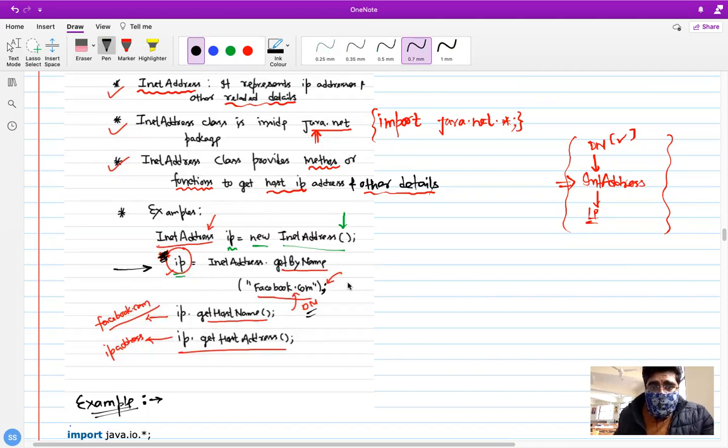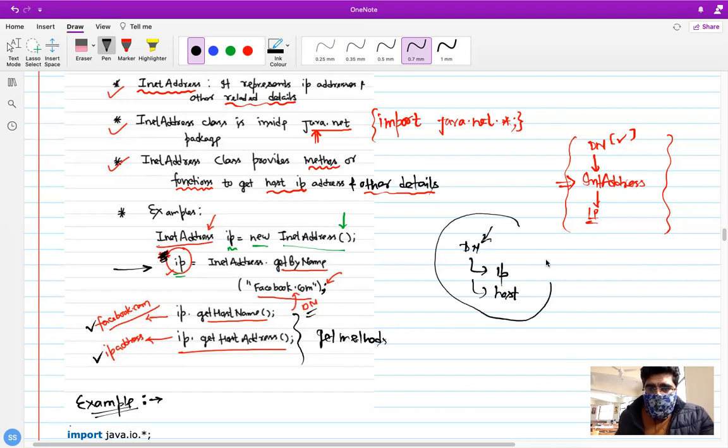Then these are the get methods. If you call getHostName, it will return you this as a string. Then getHostAddress will return you the IP address of your host. So how can we use it? See what we are doing. If we know the domain name, we can get the IP address. We can again get who the host is. Host is like facebook.com, it is the similar thing that we are passing.